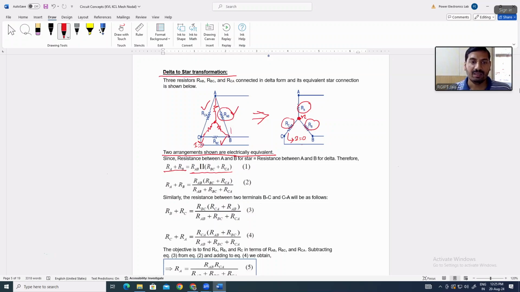So RB plus RC we can write similarly RBC into RCA plus RAB divided by RAB plus RBC plus RCA। डिनोमिनेटर में आप देखेंगे कि तीनों रेजिस्टेंस जो डेल्टा कनेक्टेड हैं, डेल्टा तीनों डेल्टा ब्रांचेज में जो रेजिस्टेंस दिए गए हैं वो तीनों रेजिस्टेंस ऐड होंगे, ओके? सो डिनोमिनेटर में आप देखेंगे ये सेम वैल्यू मिलेगा सारे केसेस में। सो इक्वेशन 3 एंड 4 इज फॉर इक्विवेलेंट रेजिस्टेंस बिटवीन टर्मिनल बी एंड सी, इक्विवेलेंट रेजिस्टेंस बिटवीन टर्मिनल सी एंड ए, ओके? यहाँ तक क्लियर है? इक्वेशन नंबर 2, 3 एंड 4।